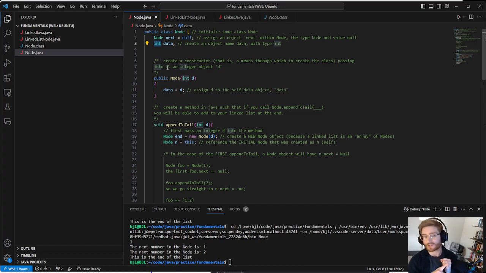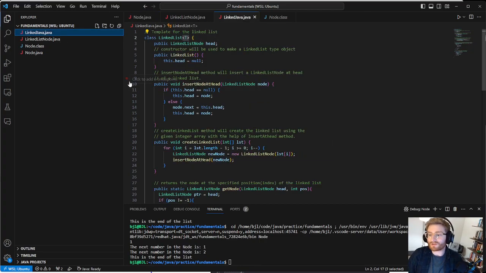It says, this is going to be an integer. This is going to be a node class. This is going to be a blah. This is going to be a blah. Sometimes you want to use your own type or a type that doesn't exist. That's okay. And so that's what T is. T is saying this is a generic type. This is just a type. And the way that we